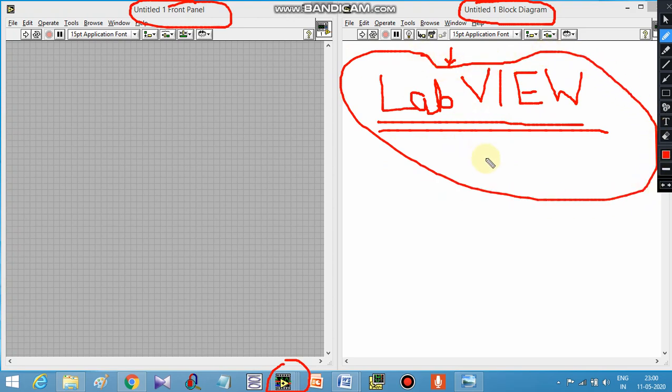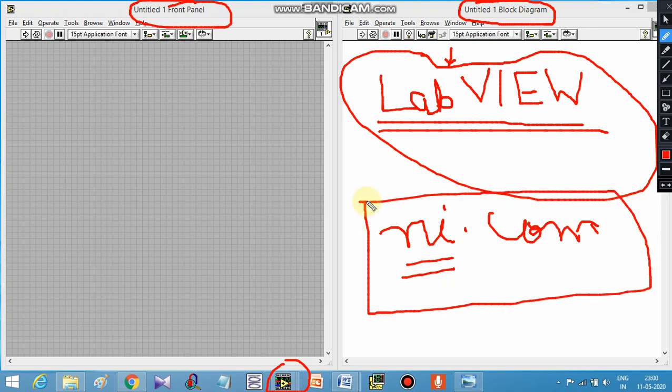Go to Google, ni.com, National Instruments. From this website, the student version, free version, or trial version can be downloaded. Install it in your computer and then double click on the icon and run this software.